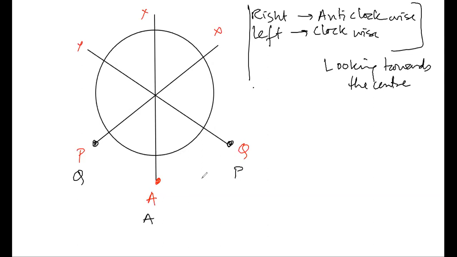Are you getting the point? What I'm trying to explain? So you have drawn, let's say, the first position of PAQ, and then there is some other information given which contradicts with this. For example, it says P and Q should be diametrically opposite or something like that. You see that that is not possible in this diagram, so that means this diagram is wrong. You move to the next diagram.